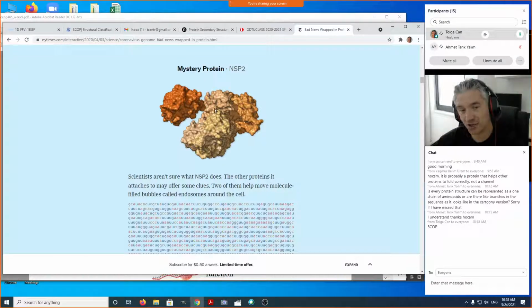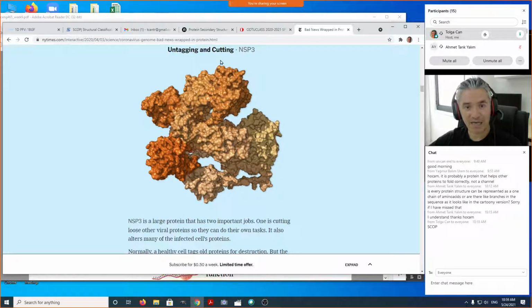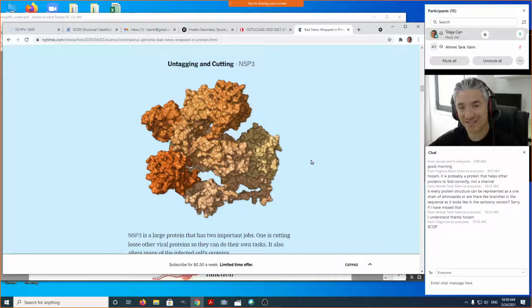So these protein shapes, three-dimensional shapes, as you can see, the molecular surfaces are shown here. They interact with other proteins. So interactions of proteins with other proteins are also really important. We are going to talk about these biological networks in the final weeks of this semester. But this is a really nice article, which outlines all the proteins of this virus and what it does and how it